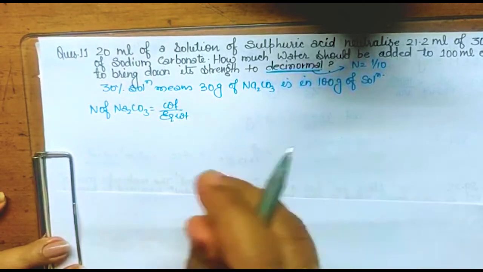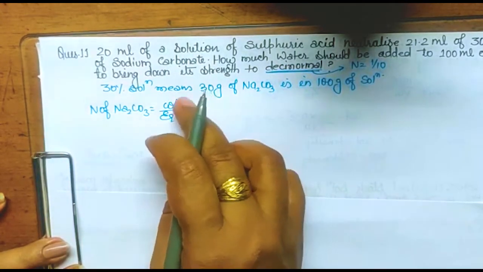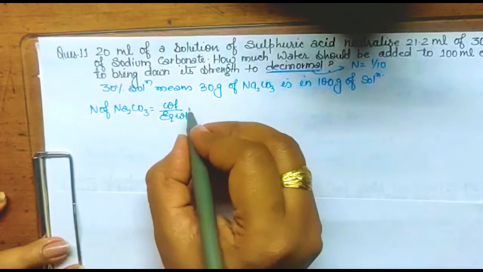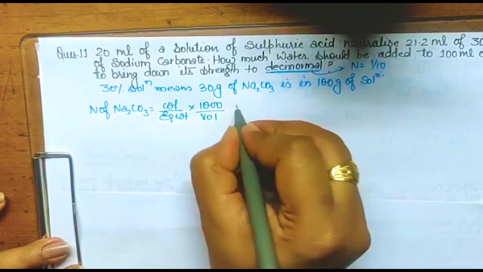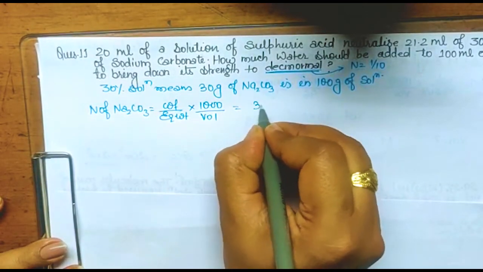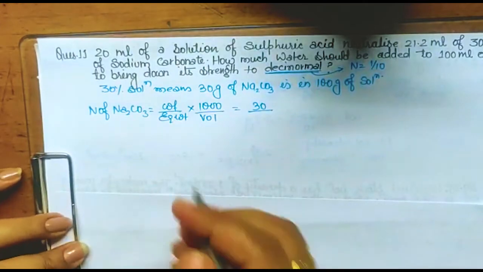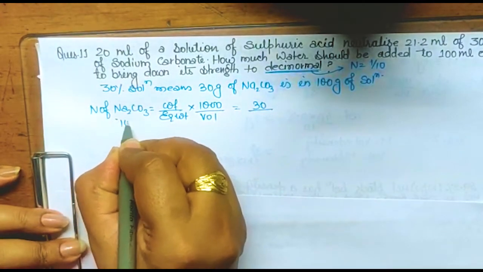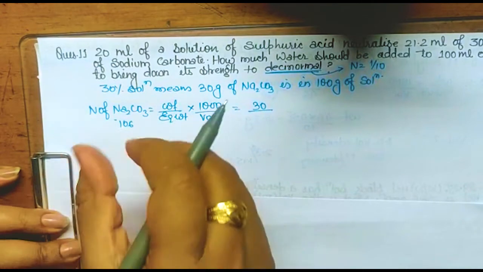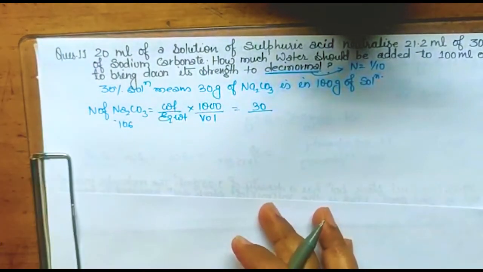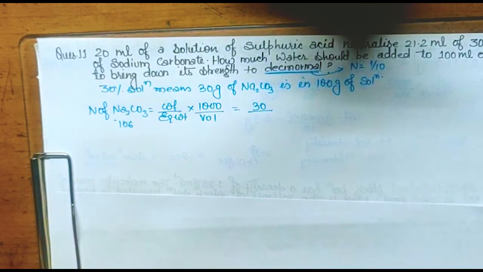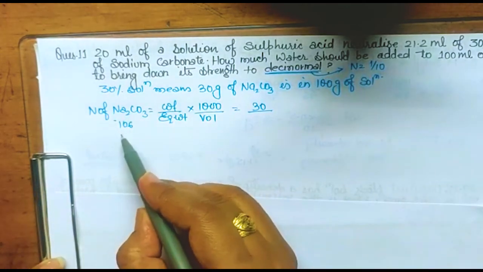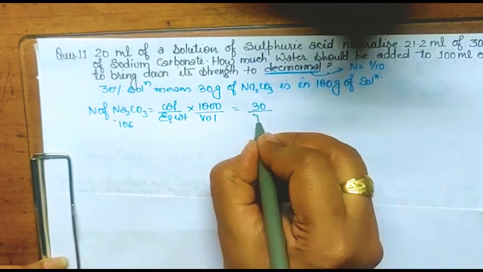And equivalent weight, what else could I write it as? Molecular weight divided by 2 goes up, meaning n factor, and this is 1000 upon volume, isn't it? So weight is given here, 30, and the equivalent weight. See, for Na2CO3 if you find the molecular weight, we will get 106. And since it is a salt, we'll check the positive and negative charge over there, which will be the same. So 2Na plus, Na2, positive 2 charge. So 106 divided by 2, the equivalent weight will be 53.